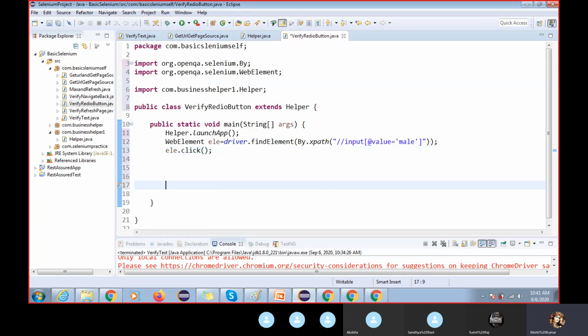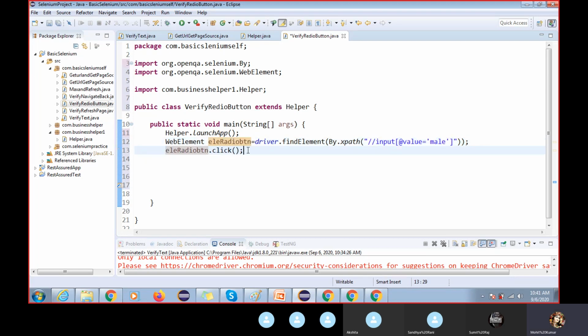After clicking on that, we can access it, so we can write here ele male, or we can write radio button. Yes, now this reference we are clicking here.